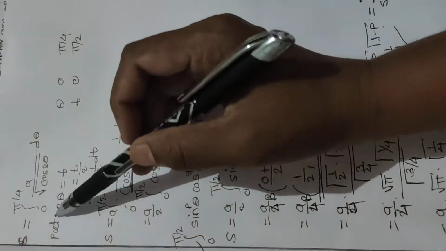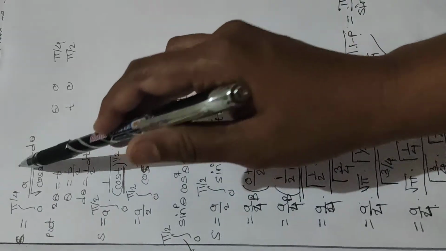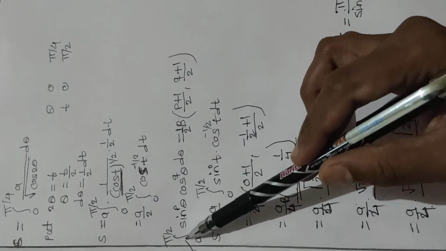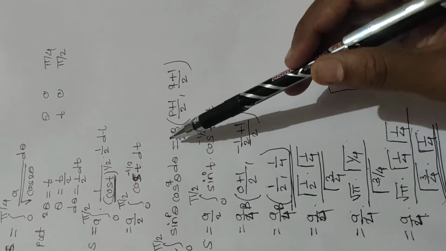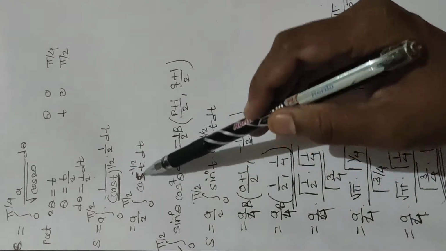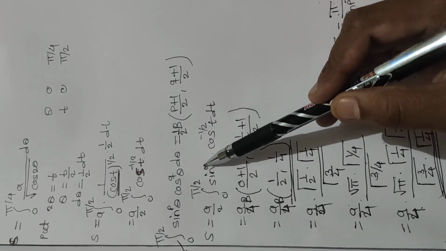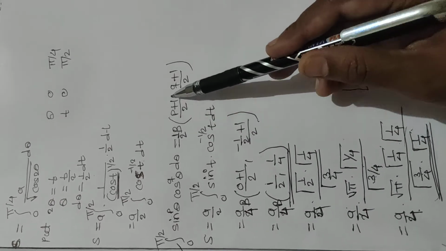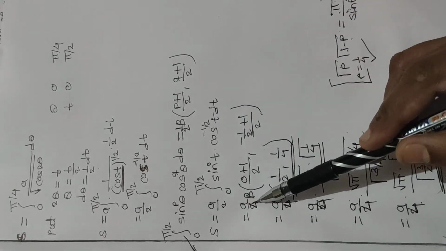See here, after that put 2 theta equal to t, so our whole example is in the variable t. The new limits of t are 0 to pi by 2. After that we have to use one more result of the beta function: integral 0 to pi by 2 of sin raised to p cos raised to q is 1 by 2 beta of p plus 1 by 2, q plus 1 by 2. But in our example only the cos term is given, so we have to add the sin term, taking the power of sin raised to 0. And we write a by 2 into the result 1 by 2 beta of 0 plus 1 by 2, minus half plus 1 by 2. So 1 by 2 into a by 2 becomes a by 4.